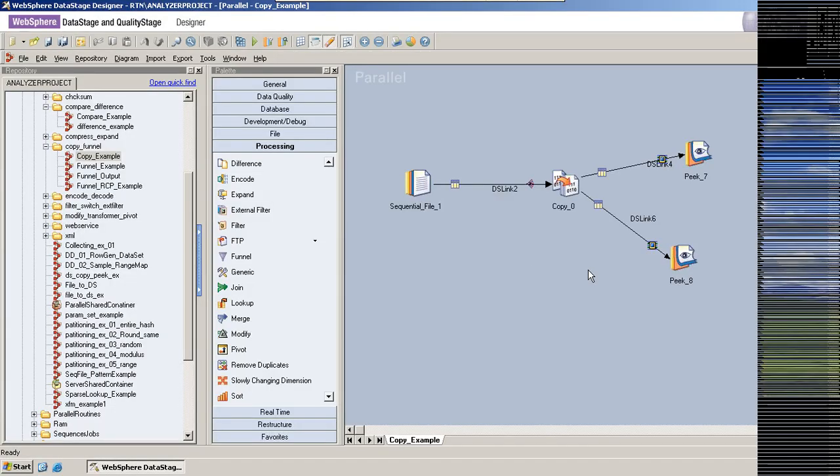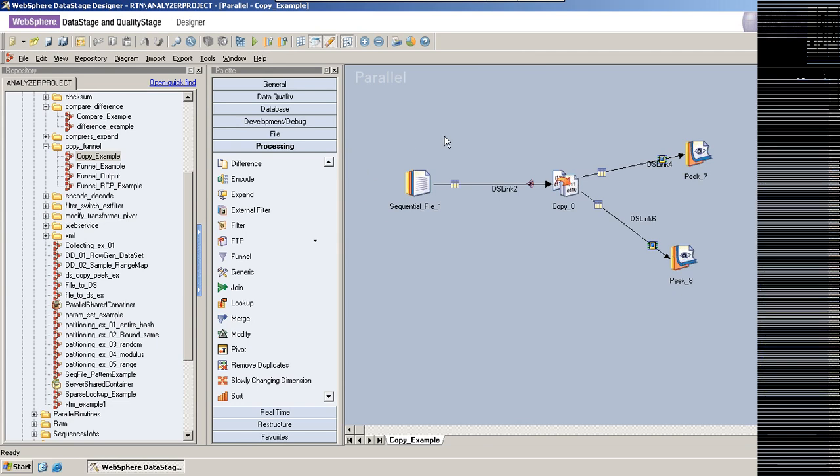The purpose of the Copy stage is something like this. Now your requirement is that you have one particular source. For this example, I am using the Sequential File stage. Let us say your source is an Oracle database. Now if your source is an Oracle database, and your requirement is to have multiple copies of the same data in such a way that, let us say, here in this Copy example I have got two